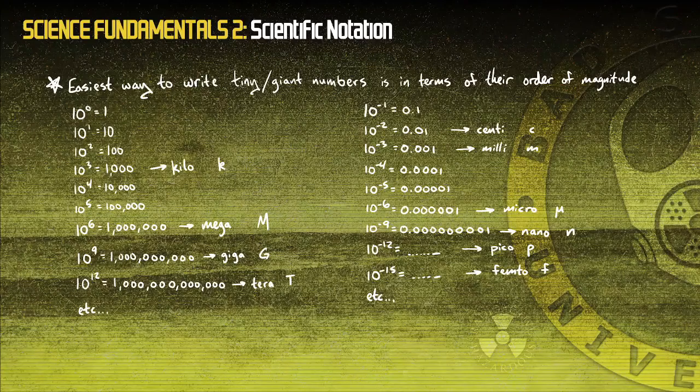So 10 to the 0 is obviously going to be 1. Anything to the 0 power is 1. 10 to the 1 is just 10. 10 squared is 100, so 1 followed by 2 zeros, and then 1,000, 1 followed by 3 zeros,